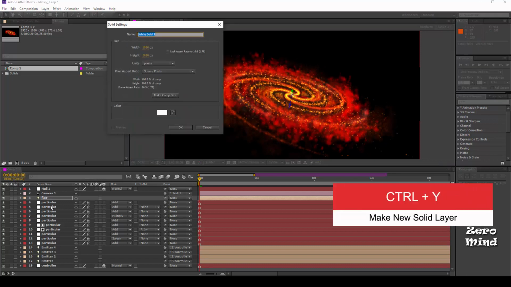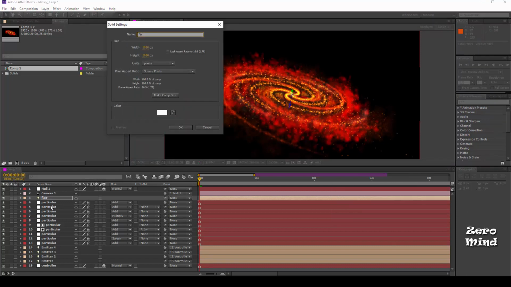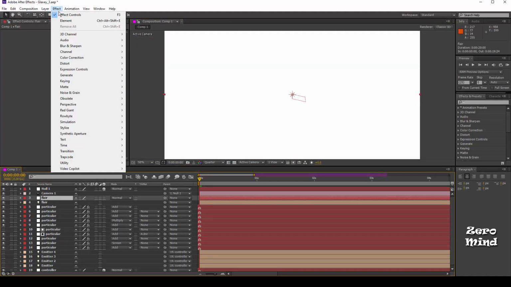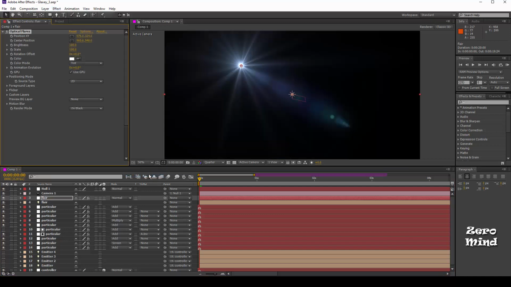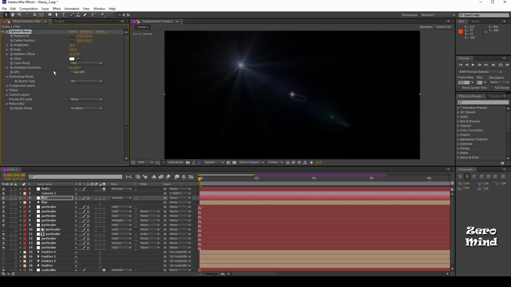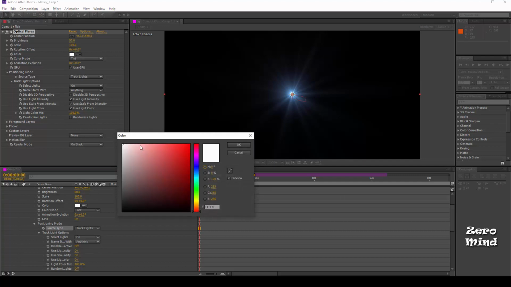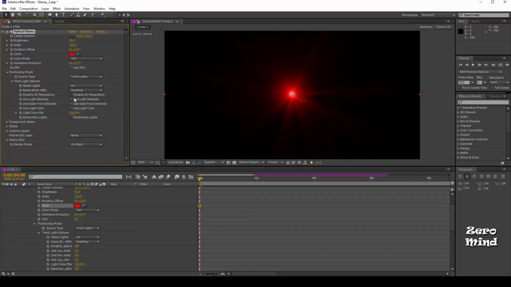Let's create one new solid layer with the name flare. Go to Effects menu, Video Copilot, select Optical Flare, reduce the brightness value to 50%, and select the source type track light. For color I choose red, this one.